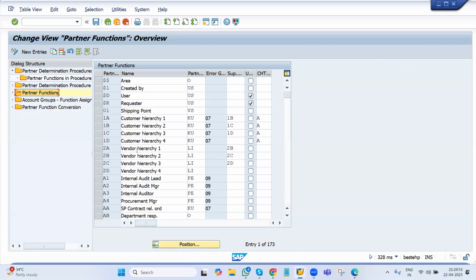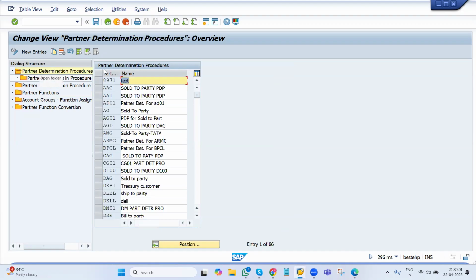So I will use the standard only. Okay, this is the first step. Then the second step is partner determination procedure. This one is the second step. Just double click on it. So it will take you to the